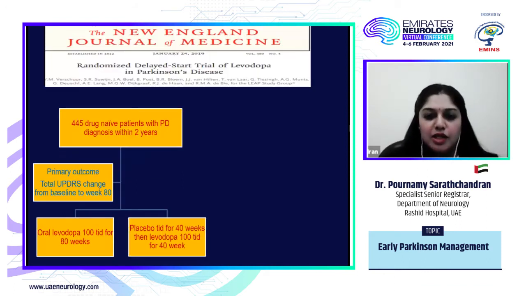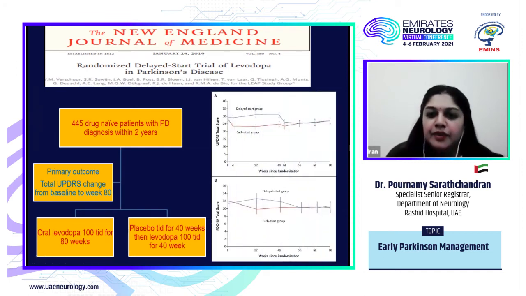The last trial came in 2019, where 445 drug-naive patients with disease duration of less than 2 years were divided into two groups, one receiving levodopa 100 milligram for a duration of 80 weeks, and the second group receiving placebo for the initial 40 weeks, with levodopa treatment started 40 weeks later. So they received only 40 weeks of levodopa. And they checked for the total change in UPDRS from baseline to week 80. In the delayed start group, you can see that the UPDRS total score definitely is more in the delayed start group, and